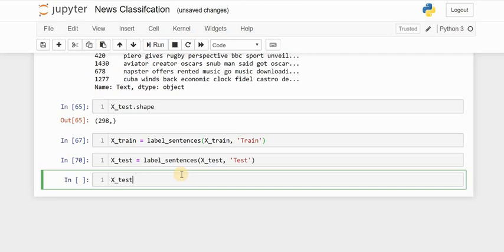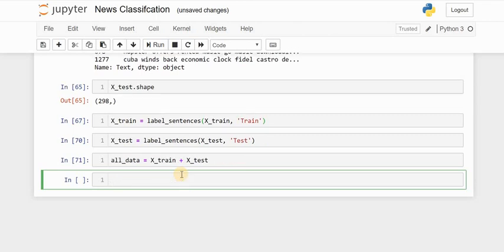Now what we want is to append, or combine, the data xtrain and xtest, so that we can get a numerical representation of all those features, all those news articles. So now all data consists of all the data contained in xtrain and xtest. Now let's actually train a model.